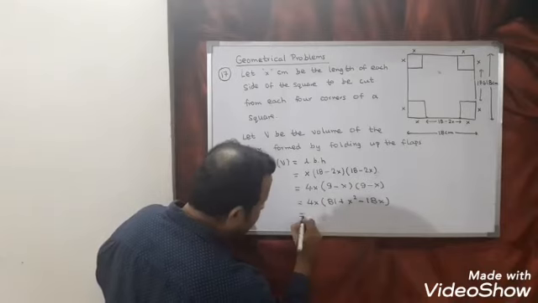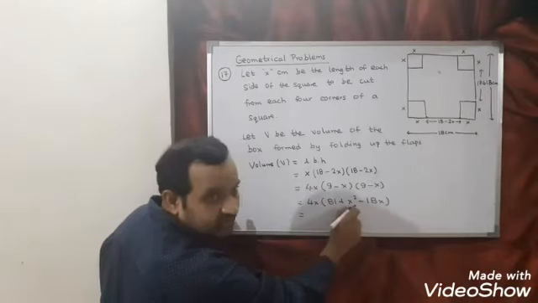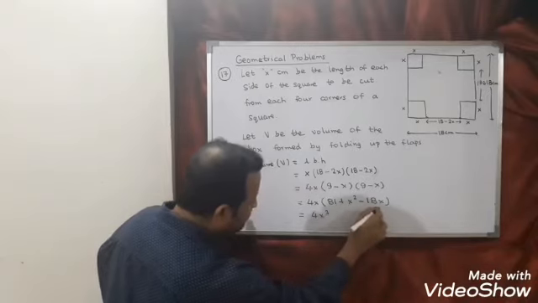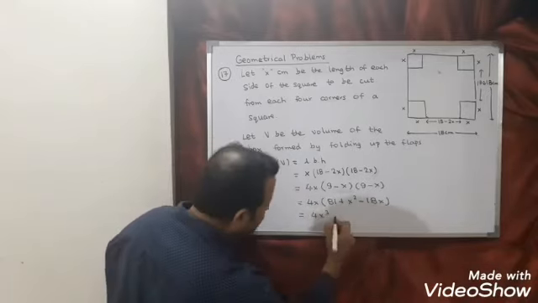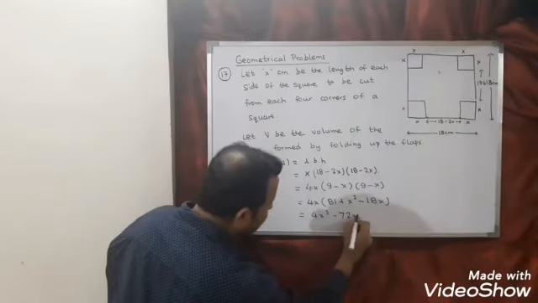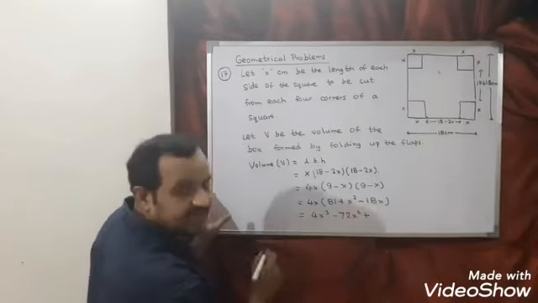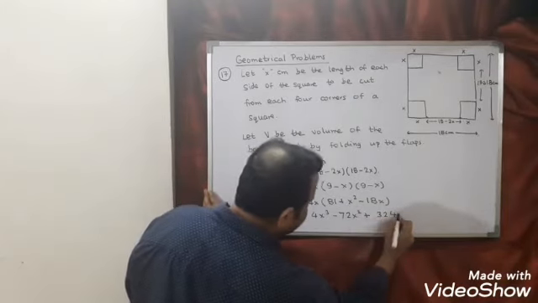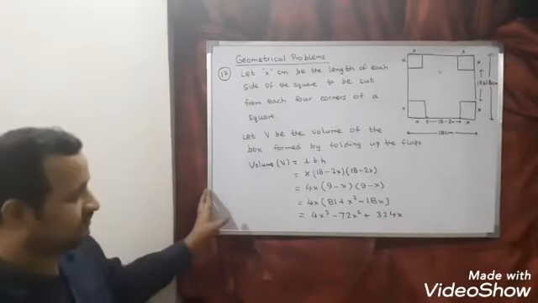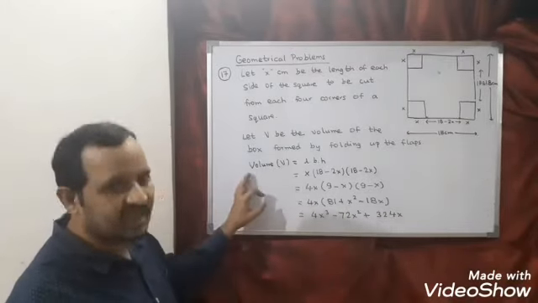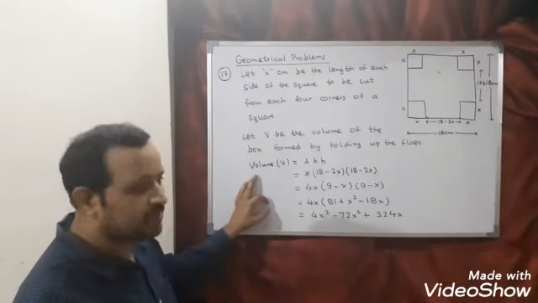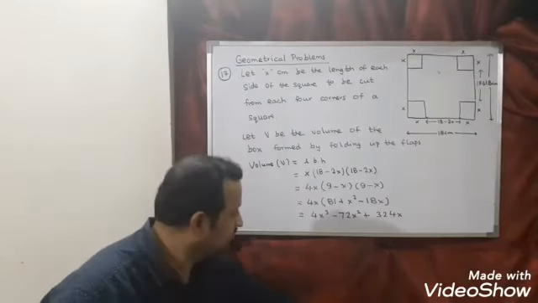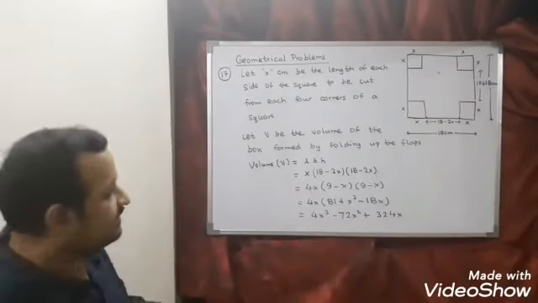Now multiply. So 4x into x square, you will get 4x cube. Now multiply this. 18 4s are 72, so minus 72x square will come, plus 81 into 4, so 4 will come, and 81 4s is 324x will come. In the question only, the answer is given as maximum, yes or no? So the maximum condition is what? Second derivative should be less than 0. Now this is V. Let us find the differentiation.